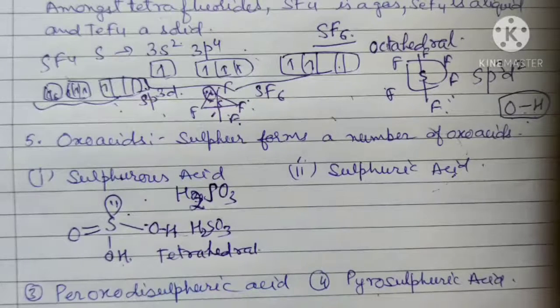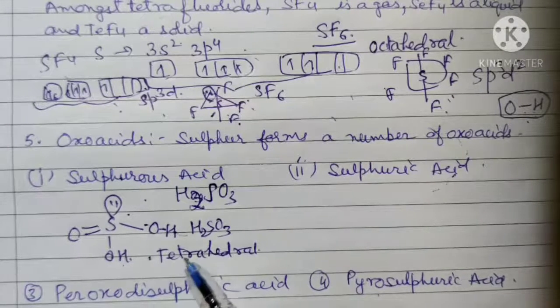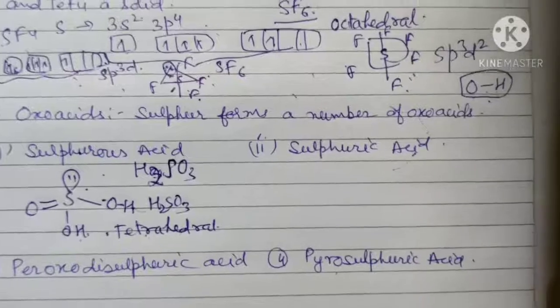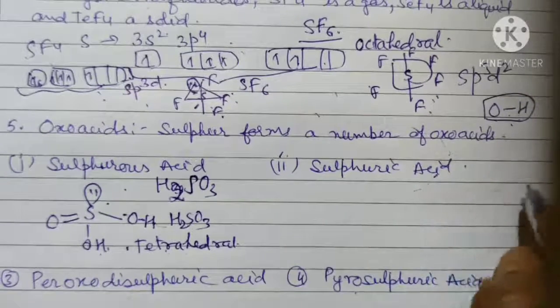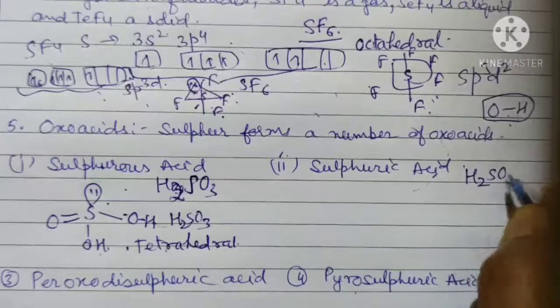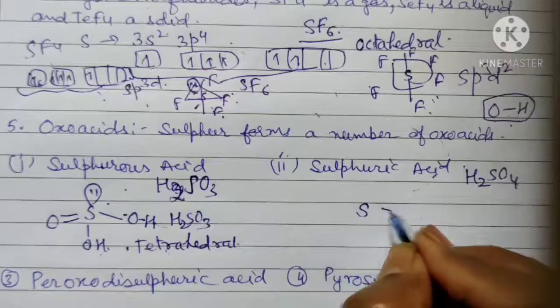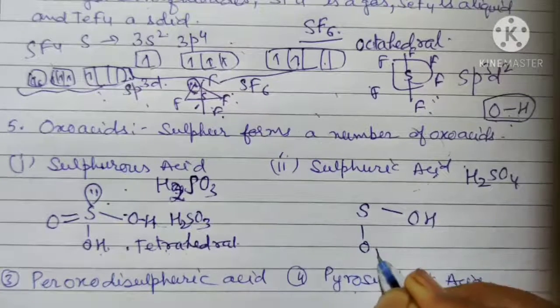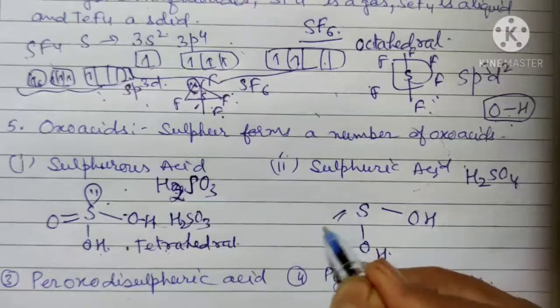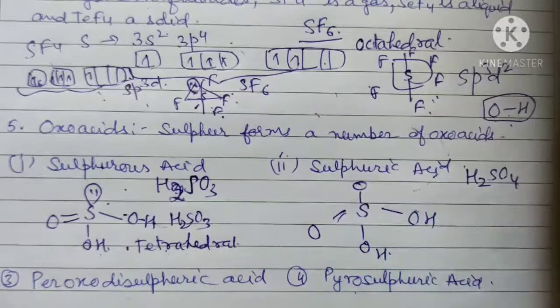And it has 2 OH bonds, and now this acid is a dibasic acid because it has 2 replaceable hydrogens, or it can neutralize 2 equivalent parts of a base, and that's why it is a dibasic acid. And then the sulfuric acid, you all know the formula, that is a very important acid of sulfur, H2SO4. All the acids are having the tetrahedral structure. Here also you are having 2 OH bonds. Here the 2 oxygen atoms are there, so we can write 1 oxygen atom here and 1 here. Now this is the structure for the sulfuric acid.